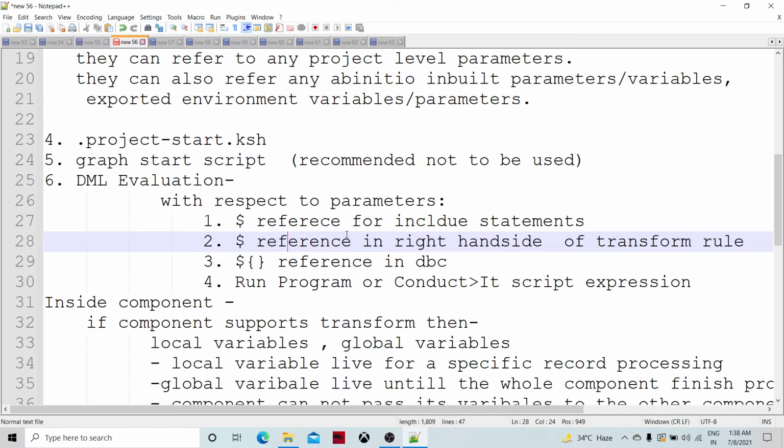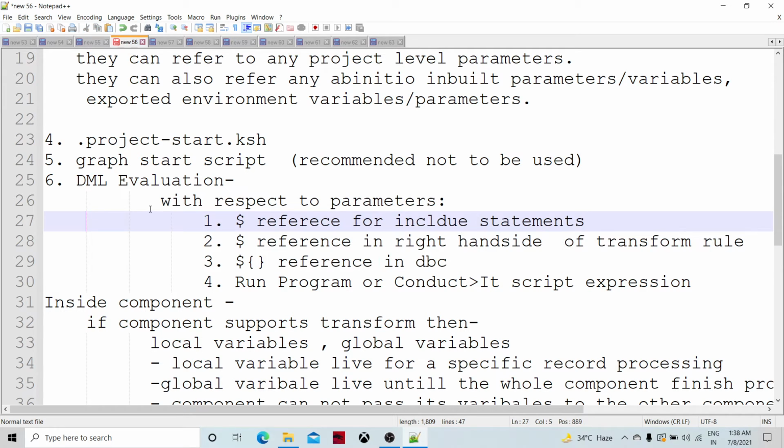Depending upon that, we assign the interpretation type: PDL, a constant, a dollar reference, or a dollar round bracket reference. You need to take care of that.